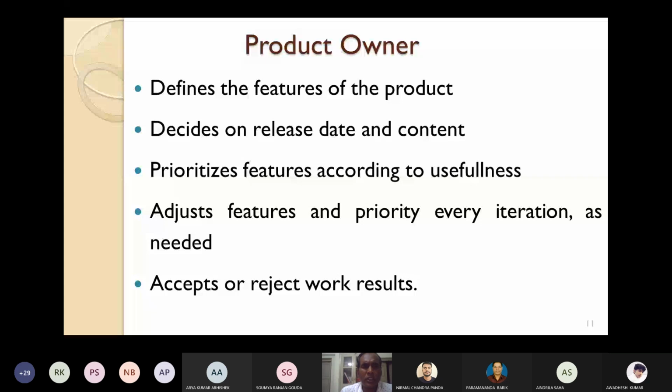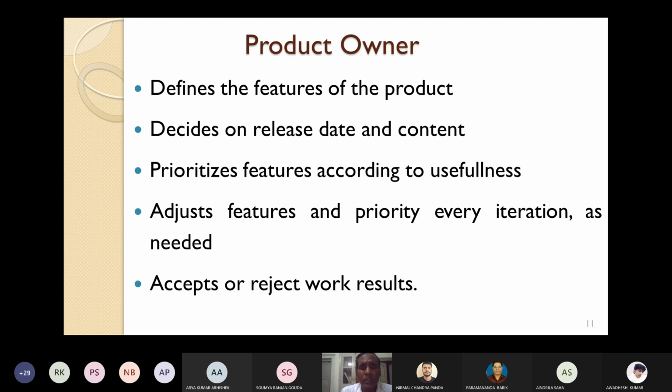Product owner is also responsible for prioritizing the different features according to usefulness. He will give priority to the features and functionalities. He will also adjust the features and priority every iteration as needed. I have already told you that during development the priorities may change because some new functionality or feature may arrive.